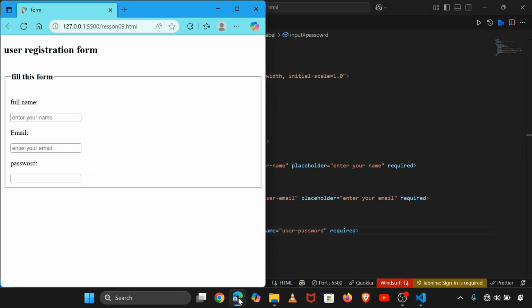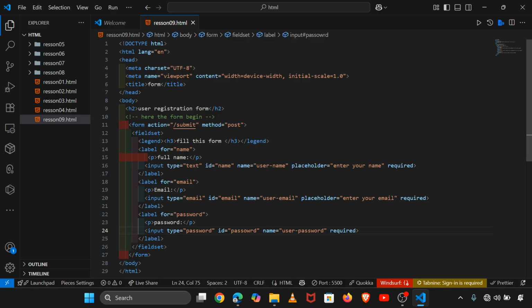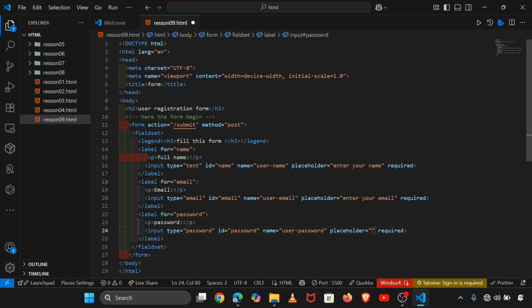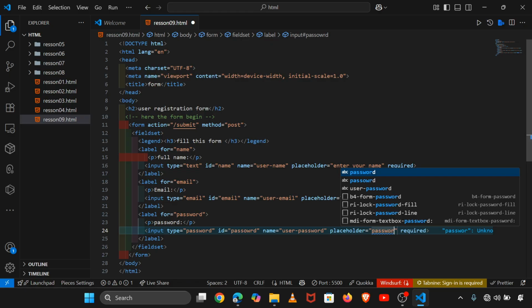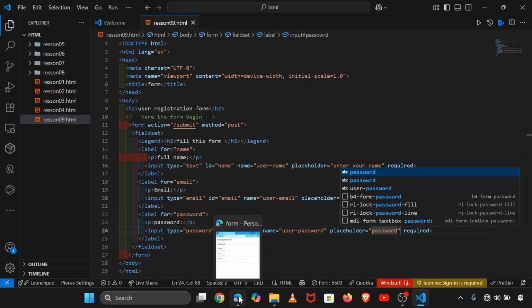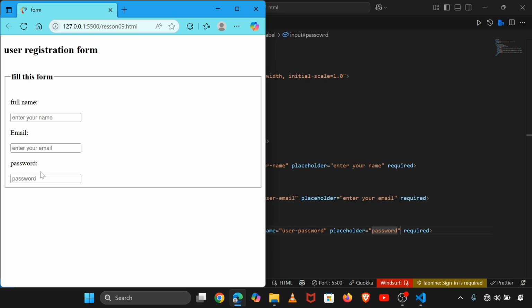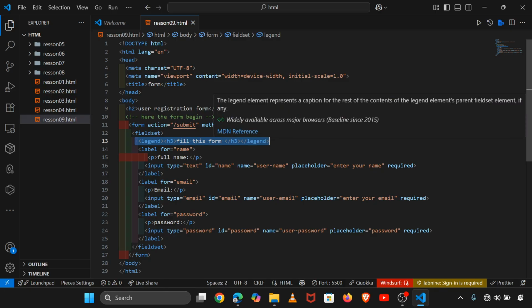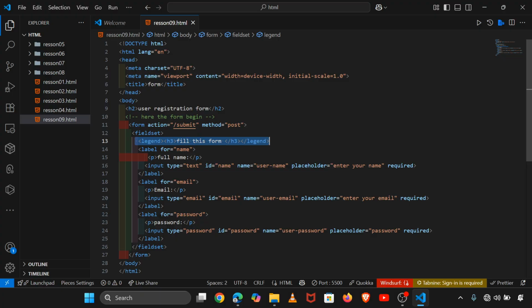Control S to save, and you can see our password is there, and you want to put there a placeholder, and our placeholder will tell the user to put their password like that. Control S to save, and you can see that we must put there the password. It is the element that is present inside the form. The form is followed by the field set, and inside the field set we begin with the legend, which is the header. This is like the header of this form,